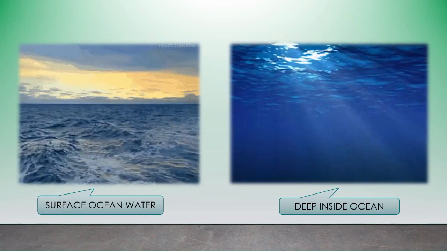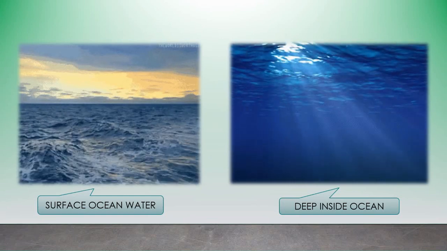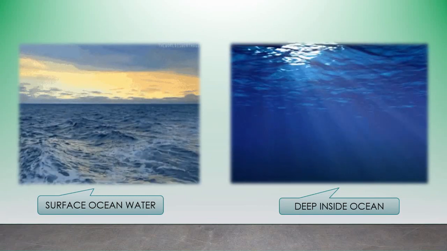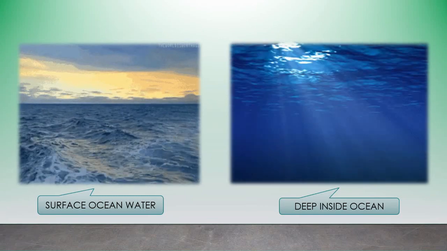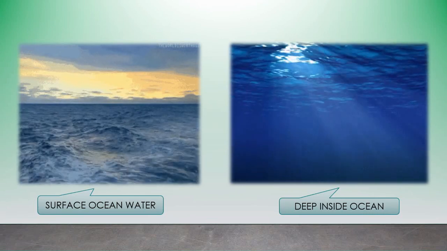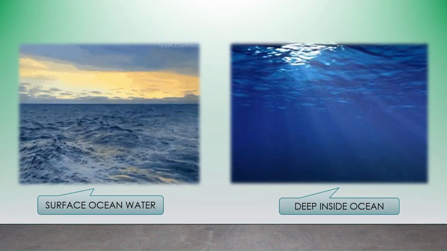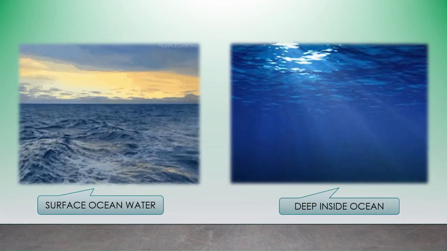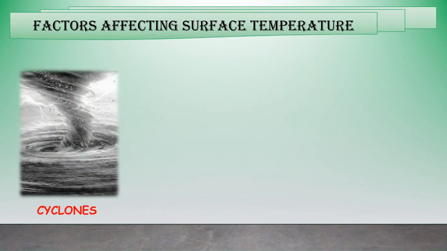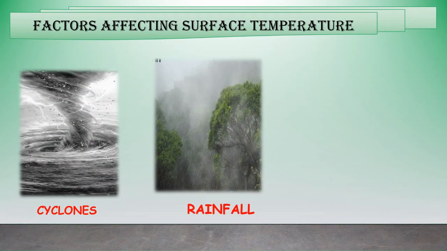So, as we go deeper and deeper, the amount of sun rays is less. So, the heat is also less. As a result, temperature is also less. So, on the surface temperature is more due to the heat of the sun. Besides these, there are some other factors which affect the surface temperature, such as cyclones, rainfall, sea waves,